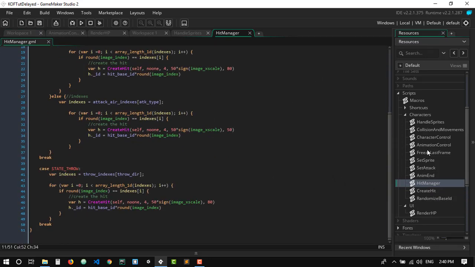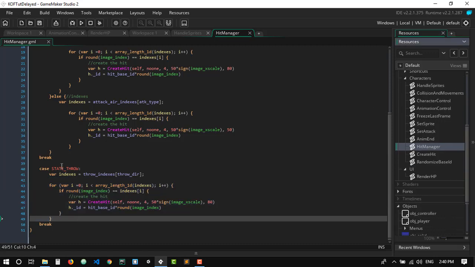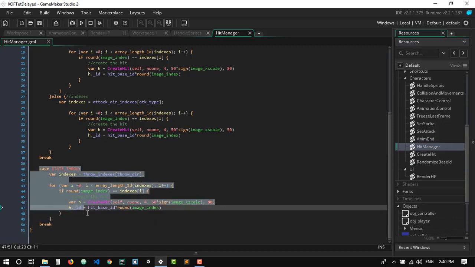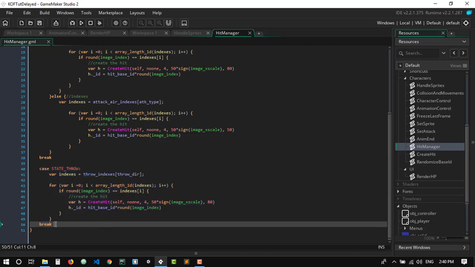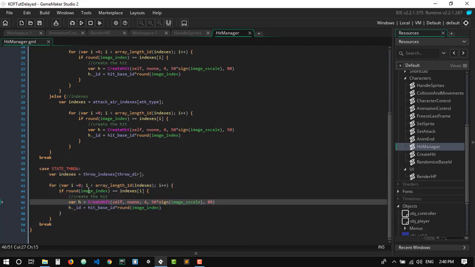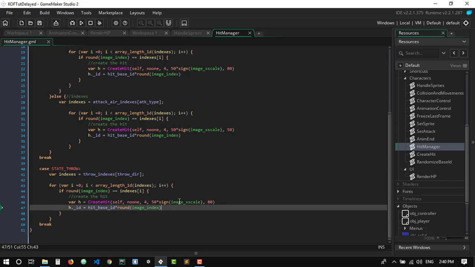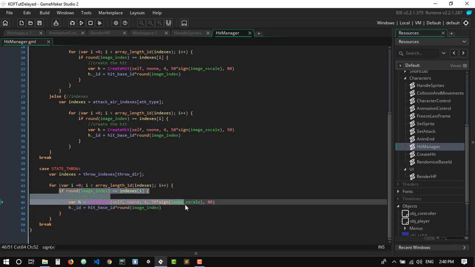So I don't have a hit that can knock up the opponent, but I'm gonna use the knock backward effect. As you can see, this is the state where I want to throw my opponent, so I need to use a throw backward effect. The way that I'm gonna be doing it is I'm gonna check for the last index of this